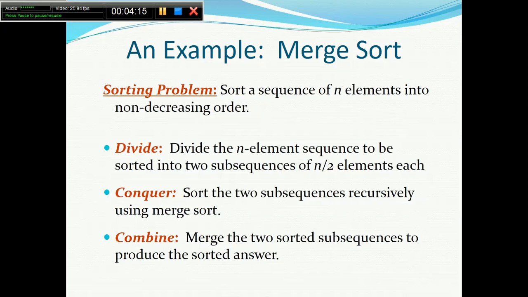So the idea is, firstly you have an array of size n, you will divide it into two halves, that is n by 2 elements and n by 2 elements. Now for the n by 2 elements, you again apply the merge sort. How can you apply the merge sort? Again you will divide n by 2, that would be n by 4 and n by 4. Again they will be divided until you have one element each.